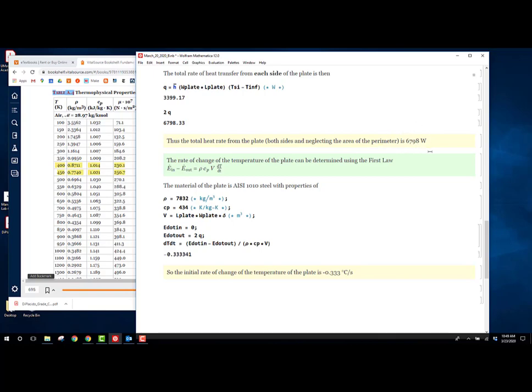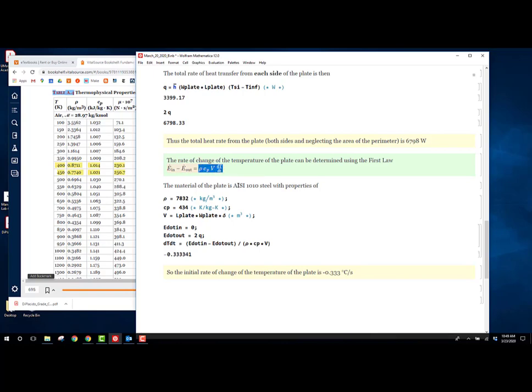If I was reporting this as a final answer, I would only use 3 significant figures, so this would end up being 6,800 watts. However, I'm going to utilize this in the next computation, so I keep at least 4 significant figures. So for the rate of change of the temperature of the plate, we just apply the first law. So we have E dot in minus E dot out equals the rate of change of the energy stored within the